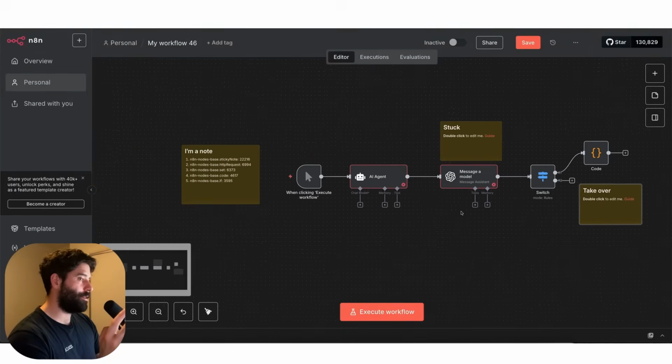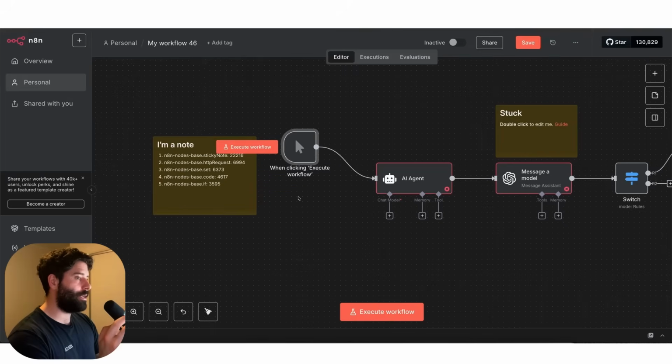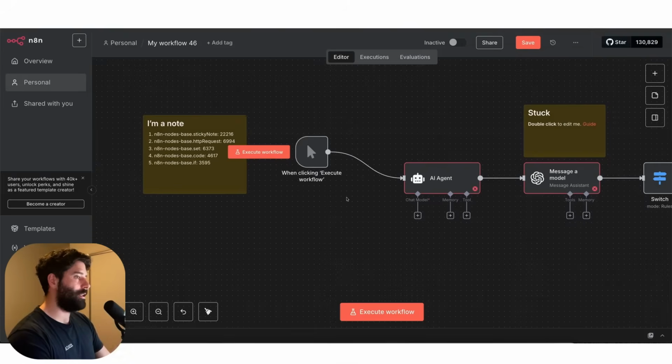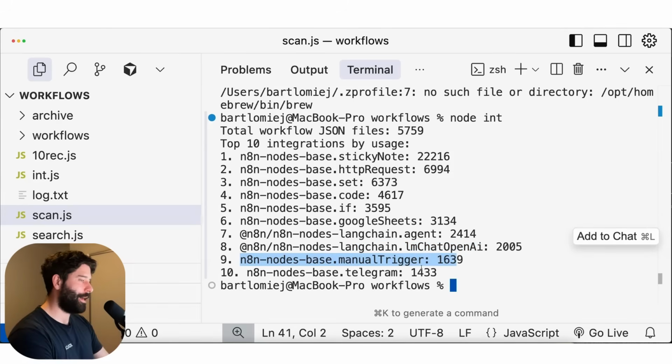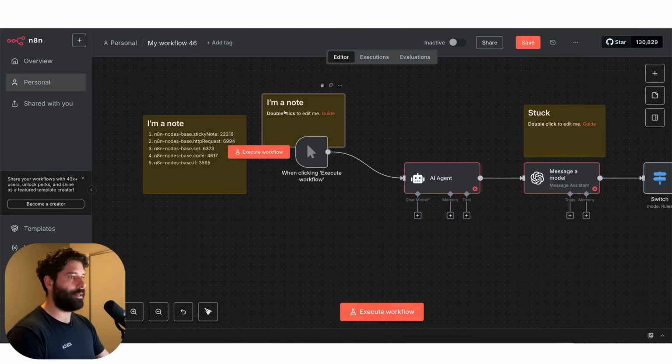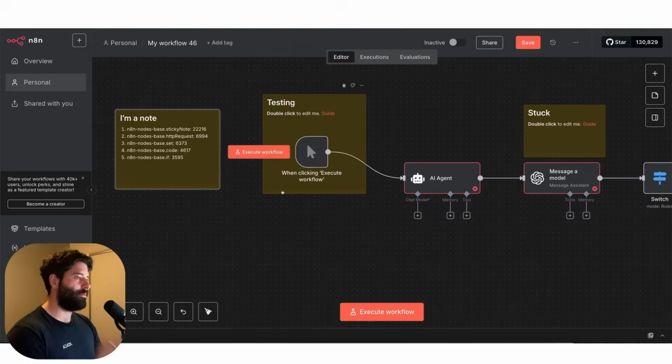And then another use case for sticky notes is if you're building your workflow for the first time and you want to introduce some kind of governance into it. Let's say when you're testing with your test variables in a test environment, you might be triggering the workflow from the execute workflow node. By the way, this node, the manual trigger node, is literally in the top 9 most used nodes. In this case, while I'm building this out in this testing environment, I might get a sticky note, so let's just go testing, and I will bring this across like this, and I'll explain where the variables come from for the testing mode, what we currently need to do, or even just highlight, hey, this way that you start the workflow is